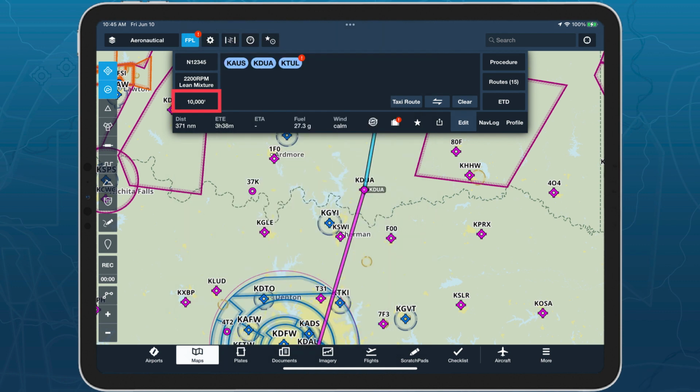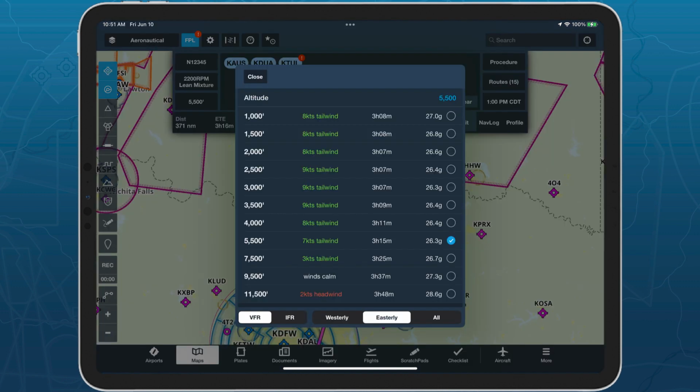Next up is our altitude advisor. So we're going to tap on that third box and look at our winds aloft here. What are our winds doing? How much headwind or tailwind do we have? How much time is it going to take us for our ETE? What's our fuel burn going to look like for each altitude? Well, for this flight, I want to go about 5,500. We'll get a little bit higher up. Texas is extremely hot right now, so anything that we can do to make things just a little bit cooler would be great. So I'm going to go ahead and tap on that